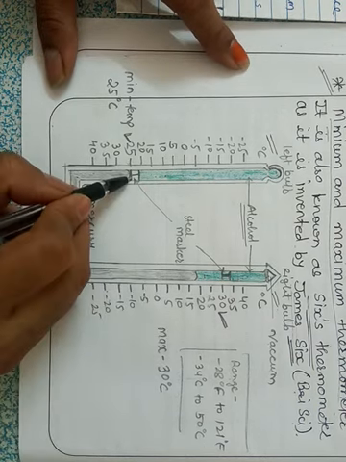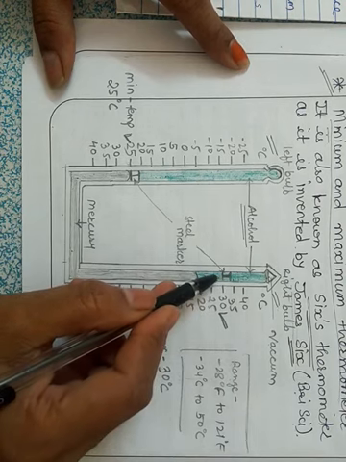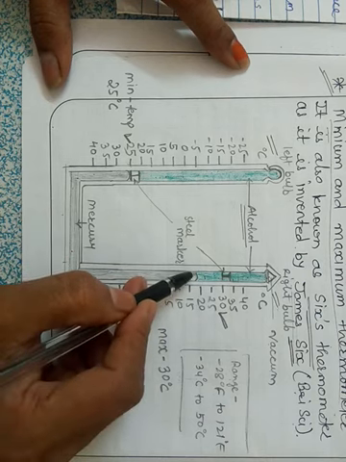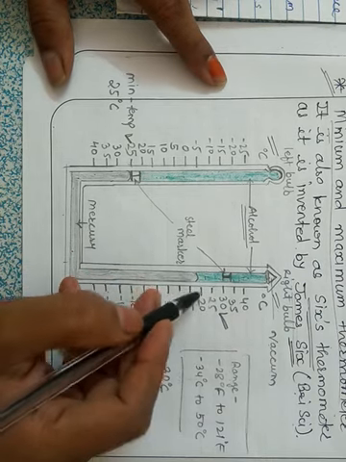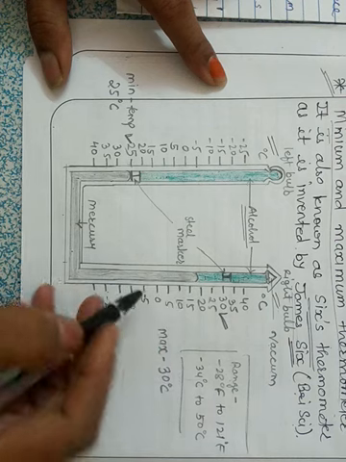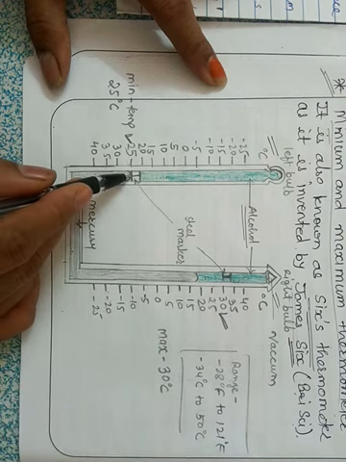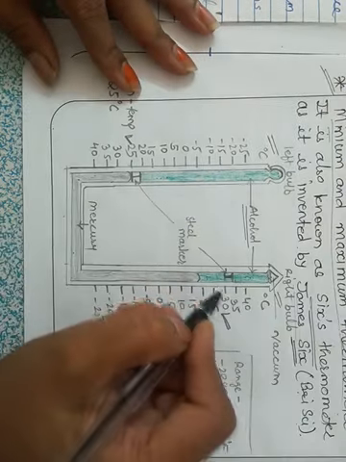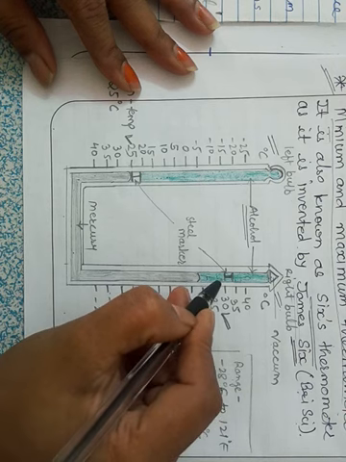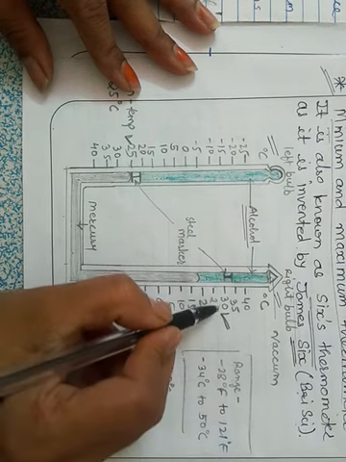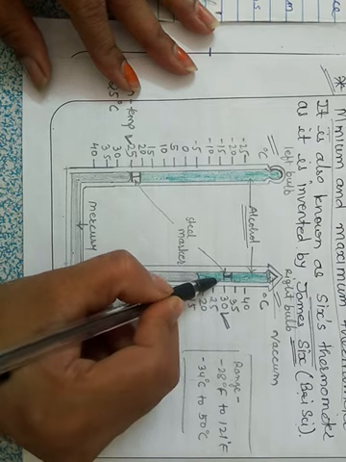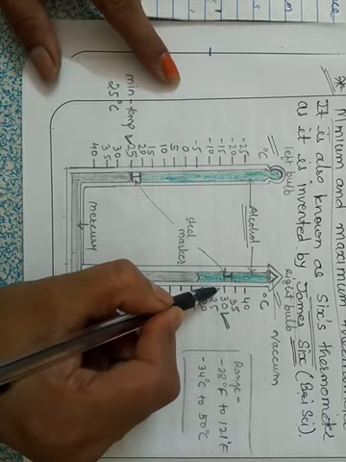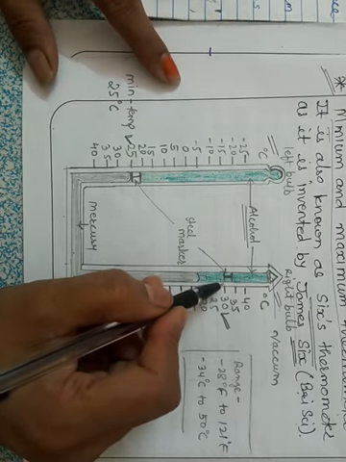Okay, there are two steel markers you can see here, located on the surface of the mercury in both the tubes. So they move along with the flow of mercury up and down. So when the temperature reaches its maximum level, suppose this mercury level reaches up to here, that is, it is 30 degrees Celsius. Okay, so it reached up to here and the steel marker will remain here only.